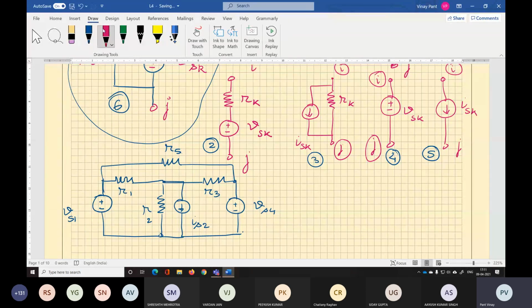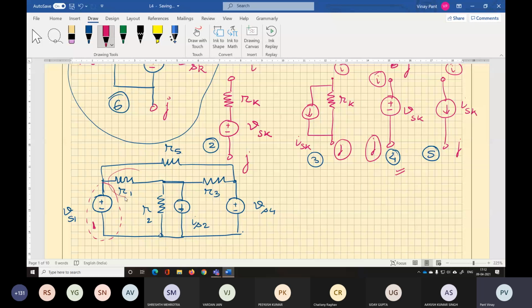How do we count the elements here? This is a single element, isn't it? Yes, sir. It belongs to type 4, an ideal voltage source. This is one element, element number 1.